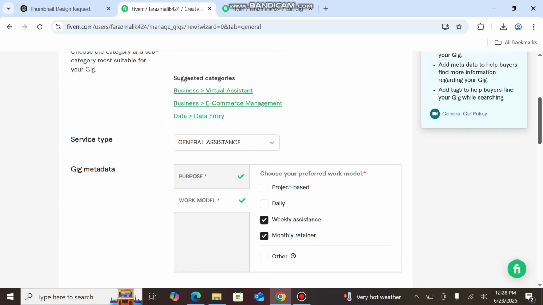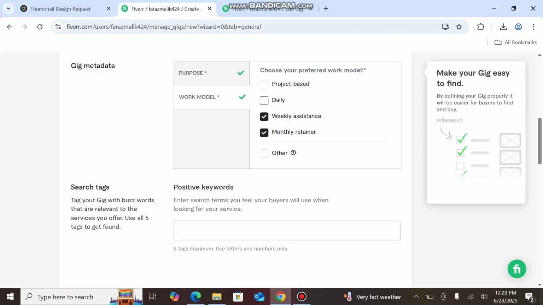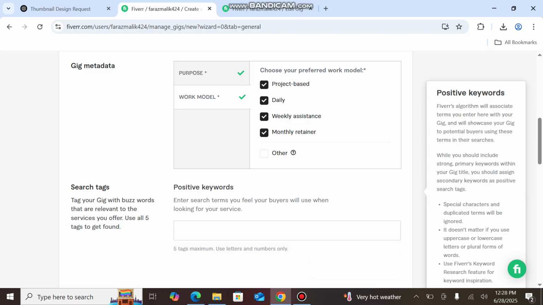monthly retainer. You have to select all the options if you would like to do so, and here you have to carefully choose the keywords which will attract the buyers to your gig. So I will type here remote assistant. The trending keywords you can search from Google as well. Remote assistant,